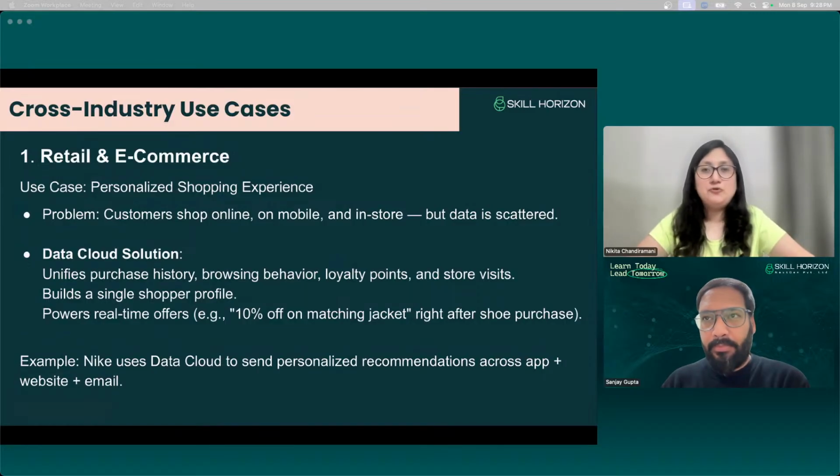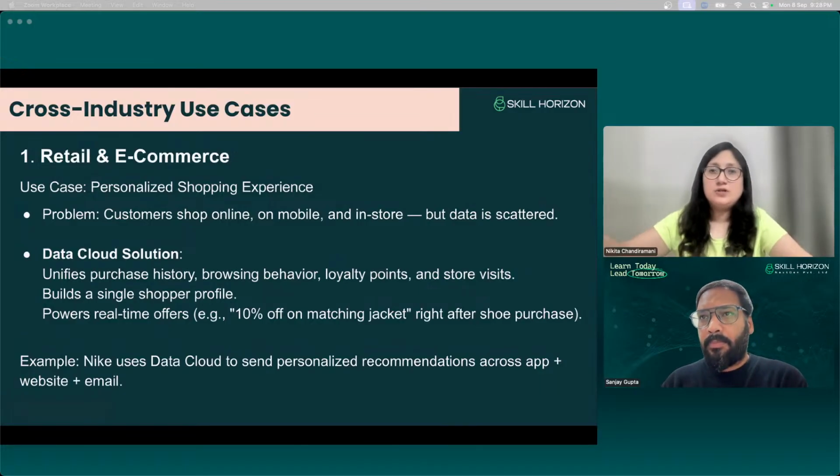Now, I'm sure that you must have a certain shopping experience with any of the shopping websites that you're using, right? International, national shopping websites, whichever way you are consuming your goods and services, you are going to be very acquainted with the thing called shopping experience, right? The problem is sometimes that customers, what do customers do when they do online shopping? So when they are on the mobile phones, they might use a different email ID, or they might use a separate phone number through different approaches of logging in, right?